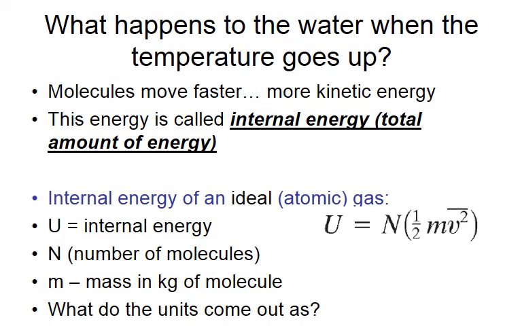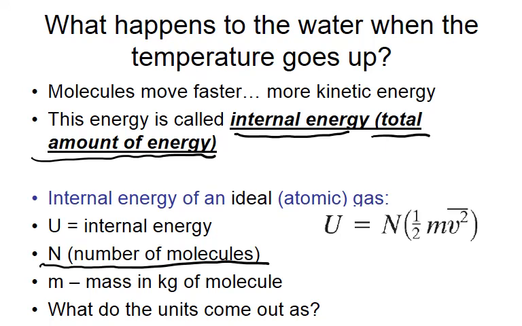And so we can actually calculate what happens in terms of internal energy with a substance. As the water temperature increases, the total internal energy increases. And remember, the internal energy is the total amount of energy, all the potential and the kinetic energy involved in a substance. To calculate the internal energy, we need to know the number of molecules, because the more molecules that we have, the more internal energy overall that we're going to have, because we're looking at the total amount, mass in kilograms. And then we can look at the average speed as well,